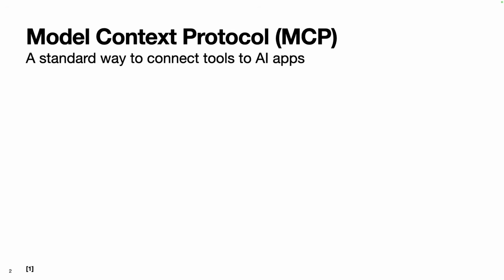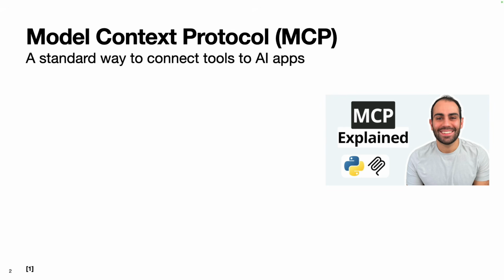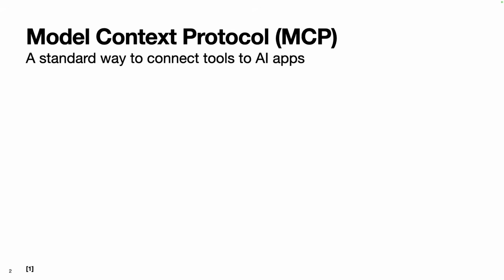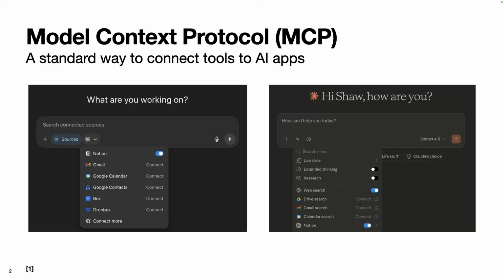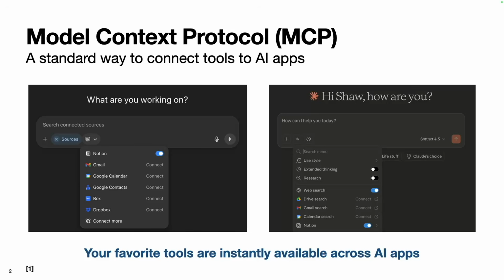So at this point, you're probably familiar with the Model Context Protocol, or MCP for short. But just to recap, MCP is a standard way to connect tools to AI applications. You may have already seen MCP in action when using tools like ChatGPT or Claude, where you can integrate it with apps like Notion, Gmail, Google Calendar, Google Drive, and so on and so forth. Ultimately, what this enables is for you to connect your favorite tools like Notion and the like to your favorite